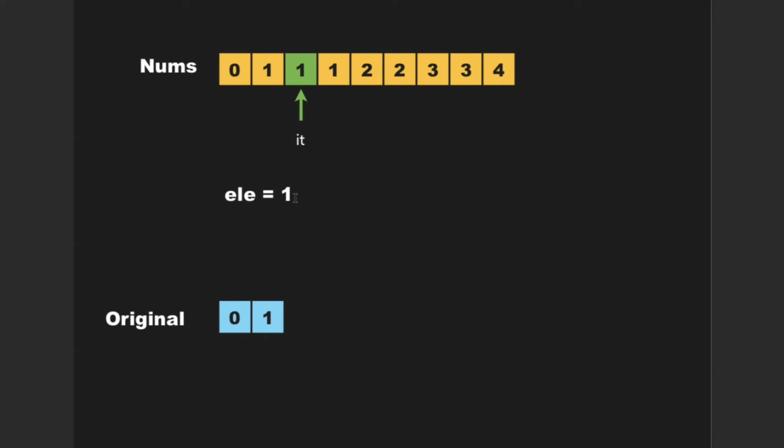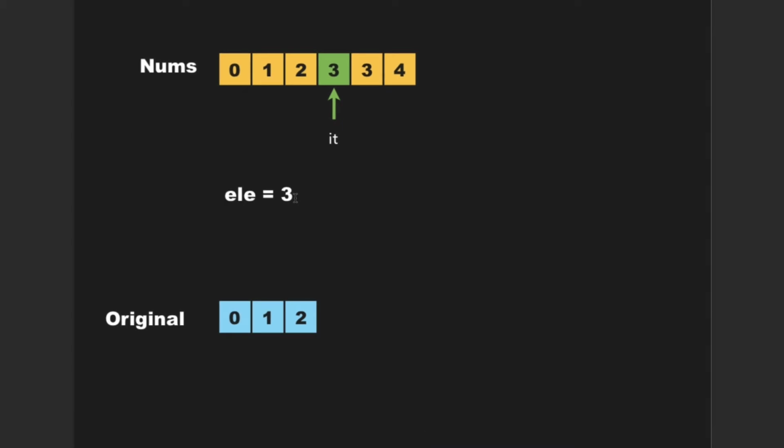Again the value of ele is 1 whereas original contains 1, so we need to erase it and decrement it. Again the value of ele is 1, so we do the same steps again, that is, erase the value 1 and decrement it. Finally we got a new element which is 2, which is not contained in the original vector, so we push it to the original vector and increment it. Again we encounter the same element, so we erase it from nums and decrement it.